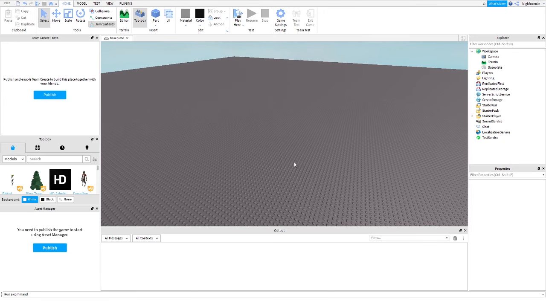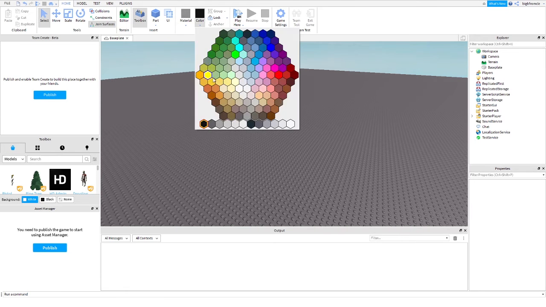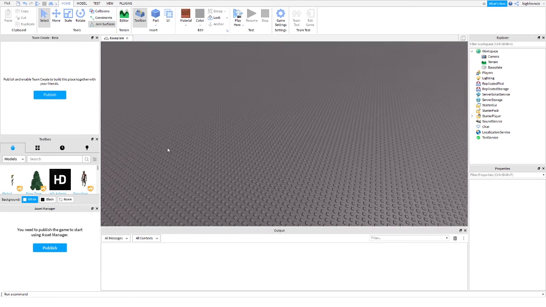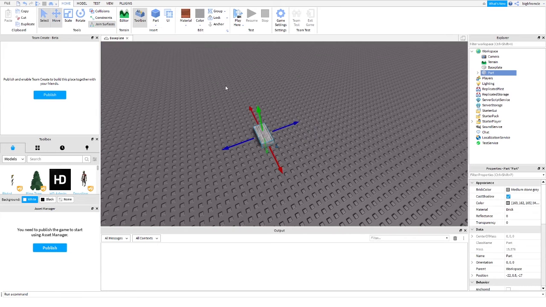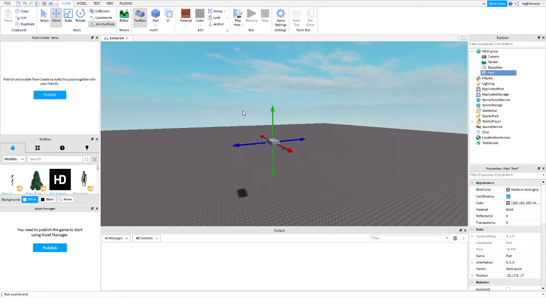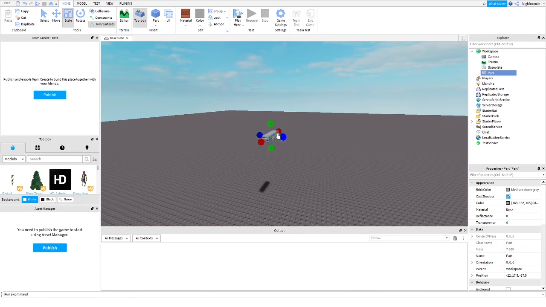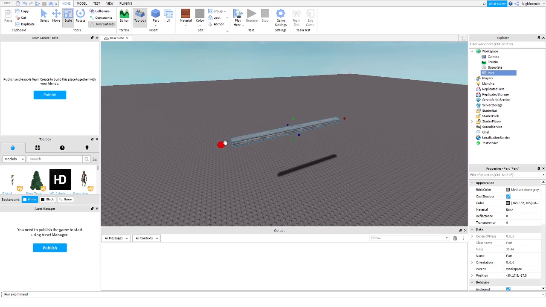Alright everybody, so the first thing you are going to want to do is design your box. So let's just go ahead and get a color, and let's use bricks for this. You can use whatever you want. I'm having a bit of trouble finding brick. Okay. Yeah, so now we're going to move this up off the ground just a little. And now let's see here. I'm going to design the walls. So you can stretch it out like that,